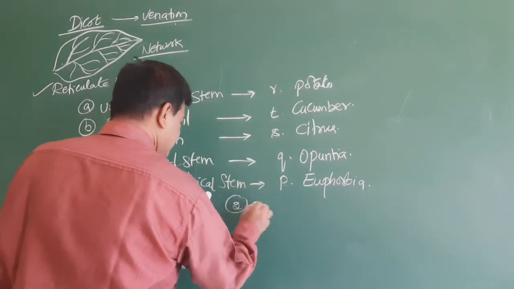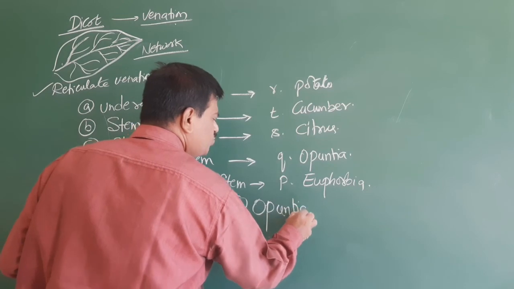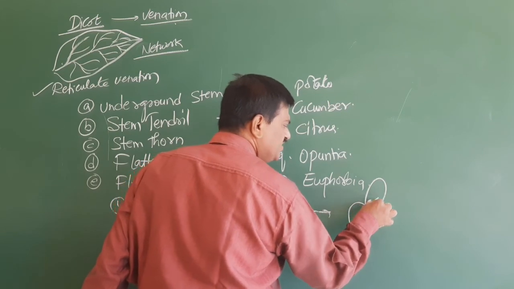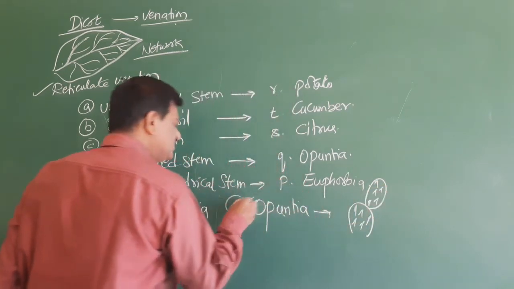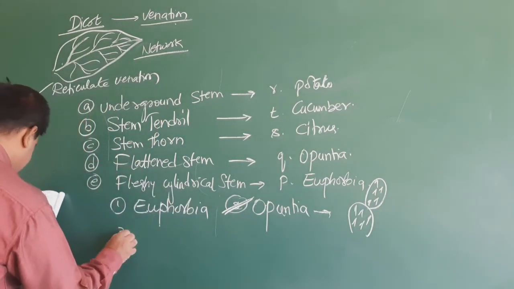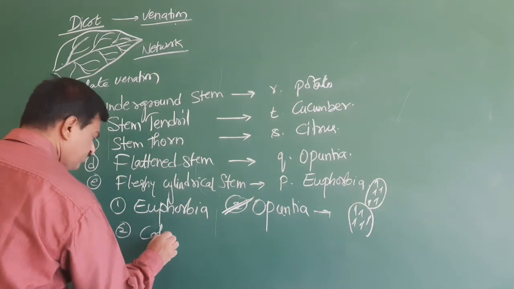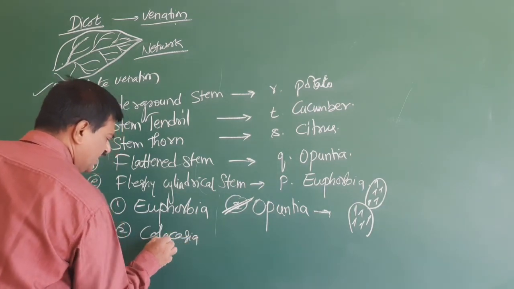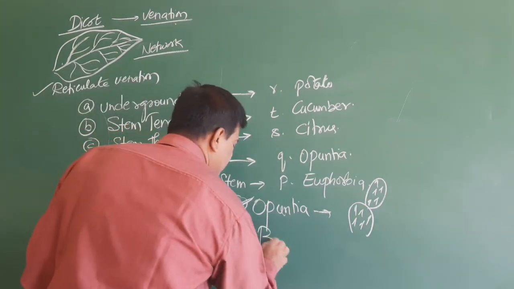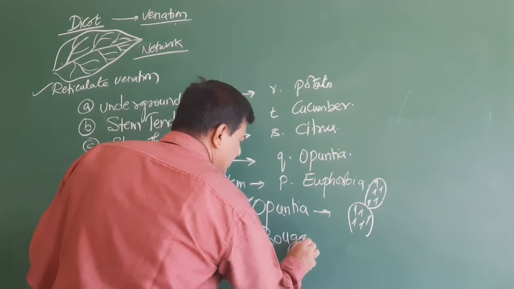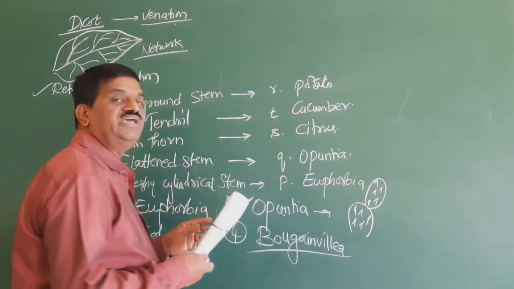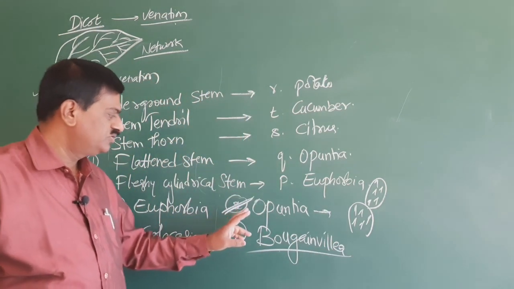So we go for the second one called as Opuntia. So in this Opuntia, the stem is flat, green in color. Here the leaves are modified into spines. So this is called as the right answer, which grows in the dry areas or xerophytic areas. Next, Colocasia. Colocasia is also not the answer, as it does not have a flat stem. And the fourth option called as Bougainvillea. Bougainvillea is nothing but a paper flower. This also has a cylindrical stem. So the right option is second one.